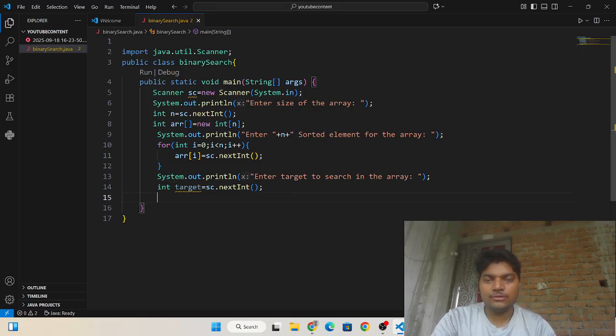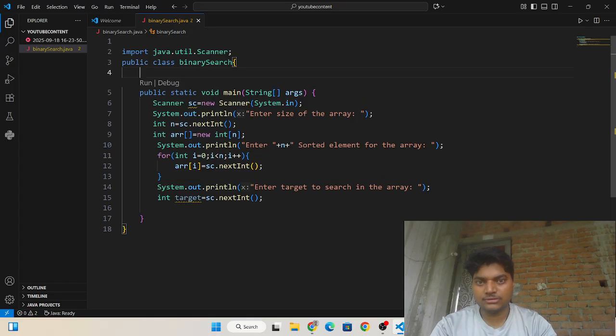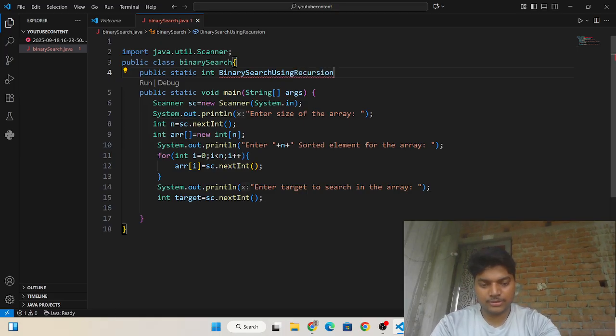Now I am going to make a function for binary search using recursion. So I am going to write public static int binarySearchUsingRecursion.